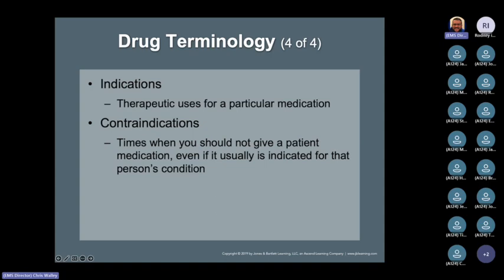So contraindications. Now, contraindications are times when you should not give a patient a medicine, even if it is usually indicated for that person's condition. A medication is contraindicated when it would harm the patient or have no positive effect on the patient's outcome. The biggest one I like to say in this situation is nitro. When nitro works great, we know what it does. Sublingual and or the spray, man, they do their job, but sometimes we can't give that medicine because maybe we